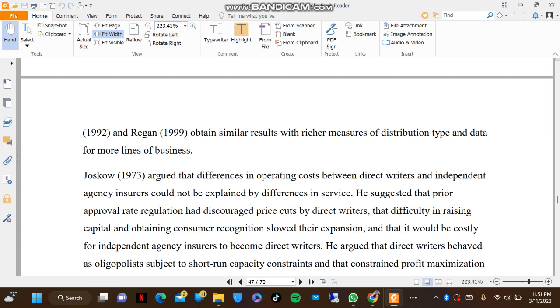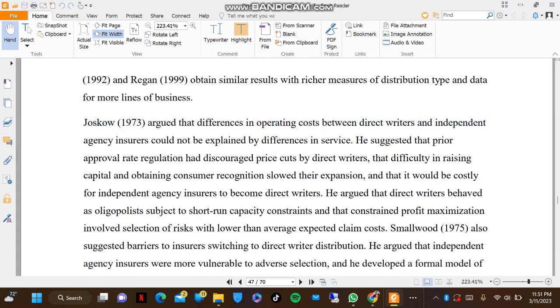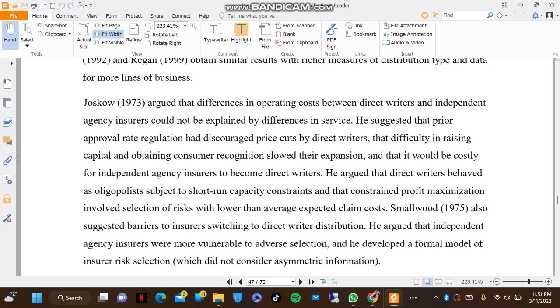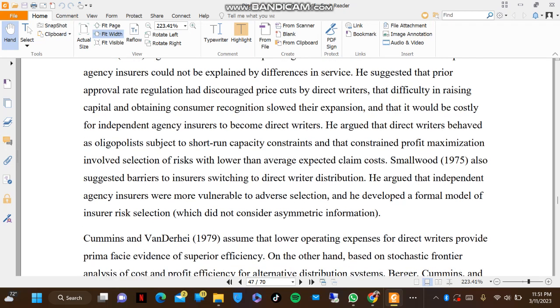Joskow 1973 urged that differences in operating costs between direct writers and independent agency insurers could not be explained by differences in services. He suggested that prior approval rate regulation had discouraged price cuts by direct writers, that difficulty in raising capital and obtaining customer recognition slowed their expansion, and that it would be costly for independent agency insurers to become direct writers. He urged that direct writers behaved as